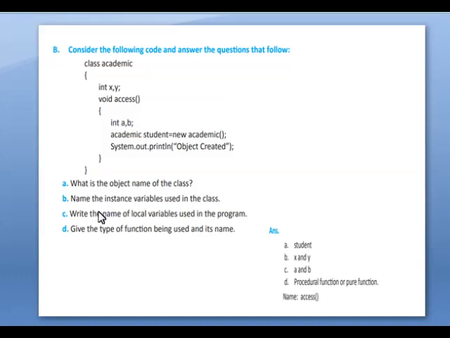The next one is, give the type of function being used and its name. So the procedural function or pure function, the function name is access of. Okay, void access of, this is the function name. So it is a procedural function or a pure function. The next one is,